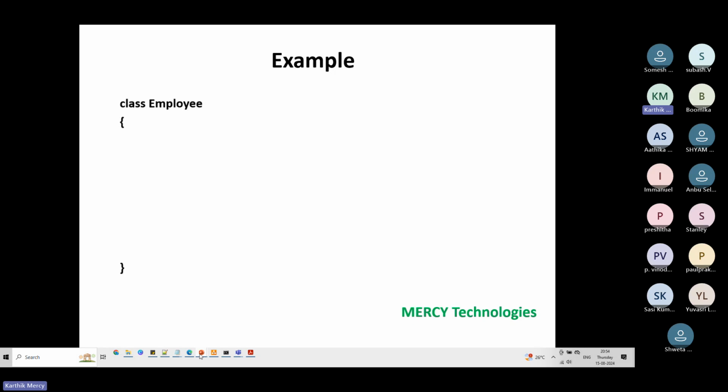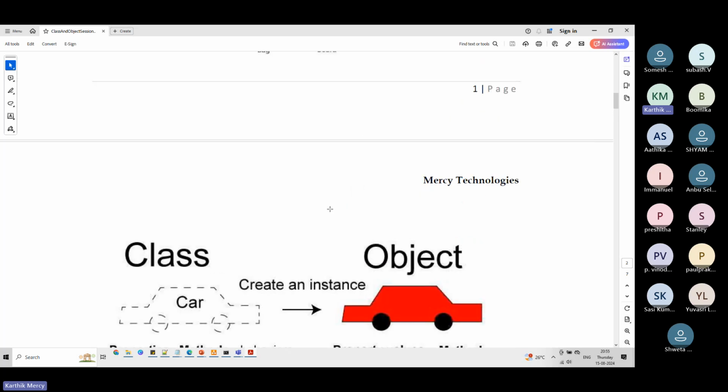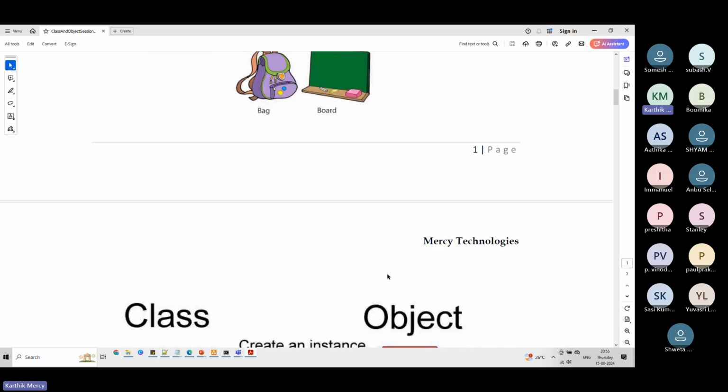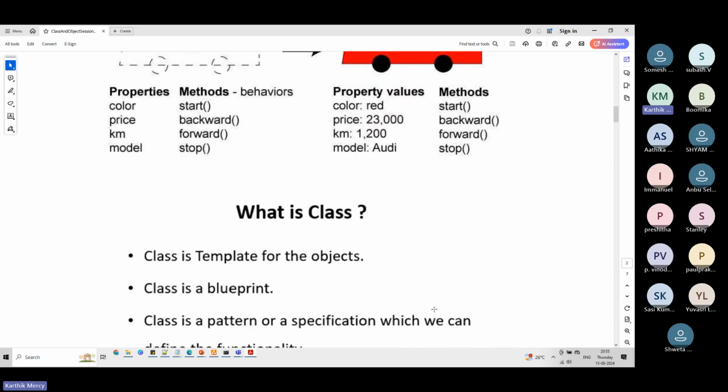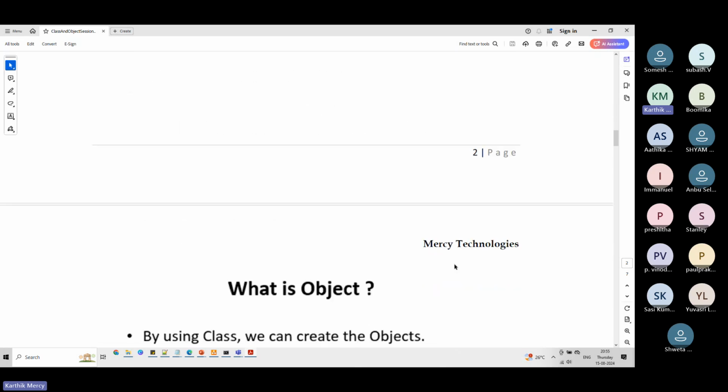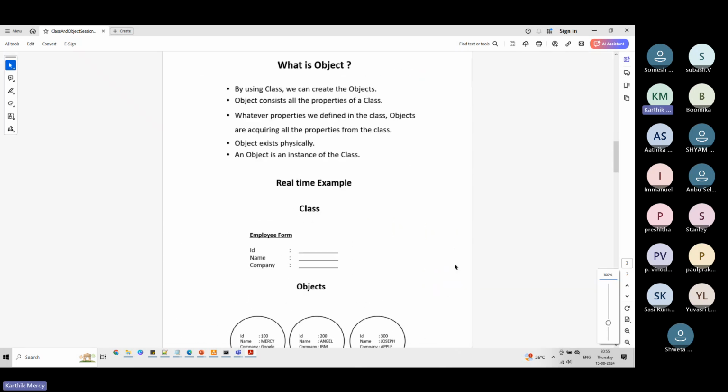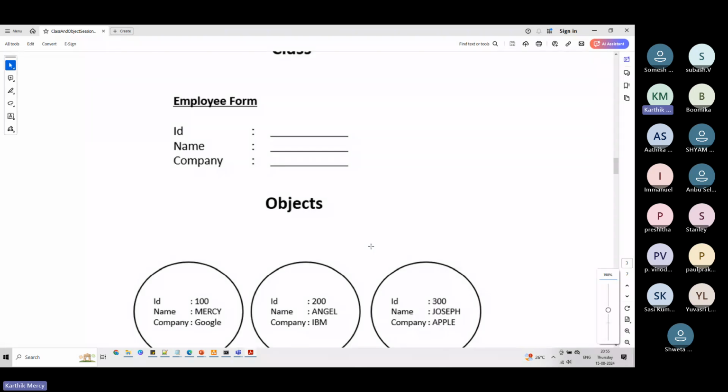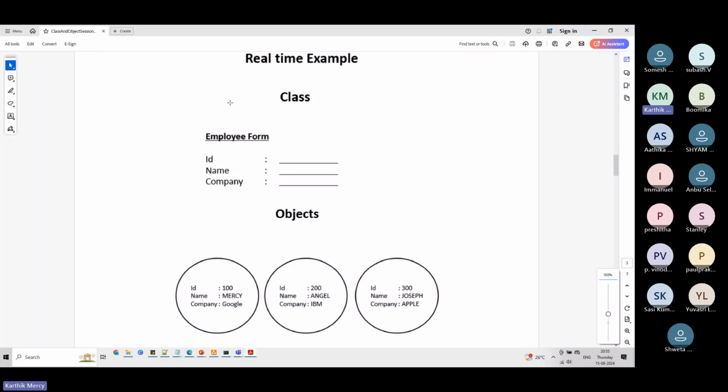I want to create a class called employee. Before I go to this part, I would like to come back to this example of an employee. If I come down, I want to quickly come to this example of an employee. So what is this employee form?